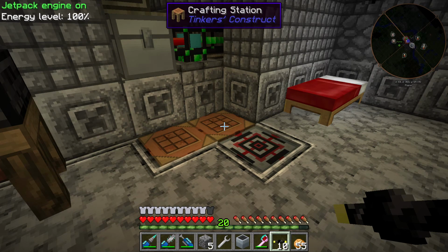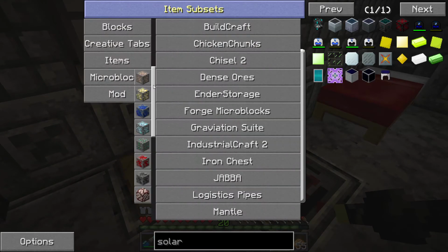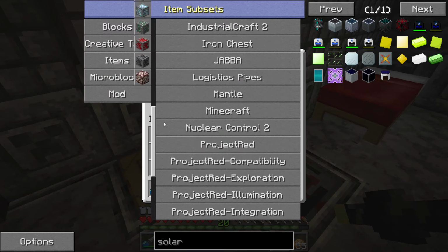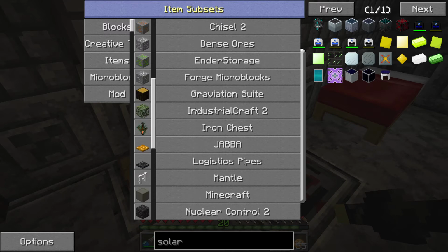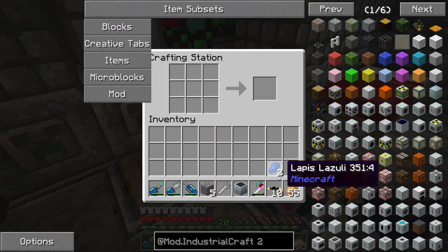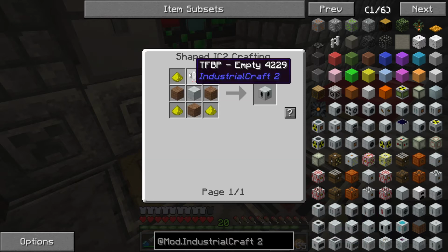about last time, I decided to go through IC2 and see if there's anything that I might have missed that I haven't covered. Of course, there's a few small things here and there that I've never made, that I didn't really feel was necessary to make. But one thing I have noticed is something called the Terraformer. So I looked it up and see what it does. What it does is it transforms biomes or land into other types of biomes, and it does this by having